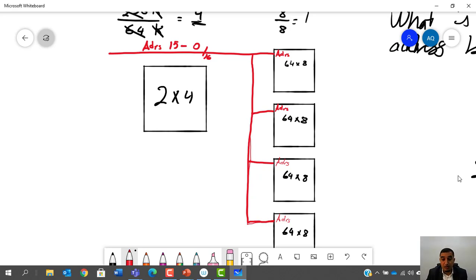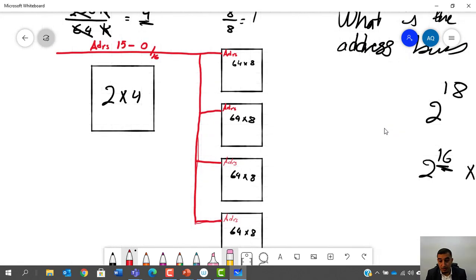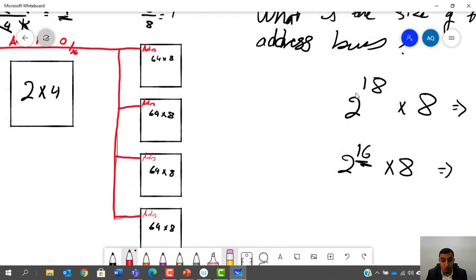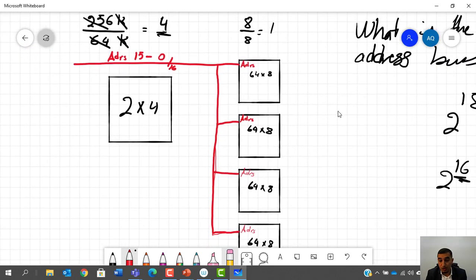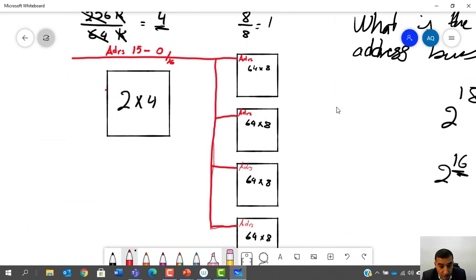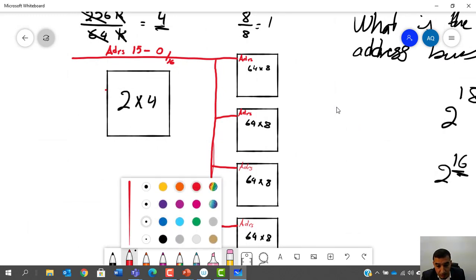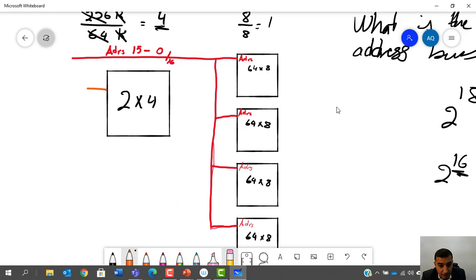Now, the size of the full decoder is 256, which is 2 to the power 18. 2 to the power 18 minus 16 will give you 2 lines, which leaves us with our decoder having 2 address lines for it, which is address 16 and address 17. Now you have 18 address lines, and the outputs are